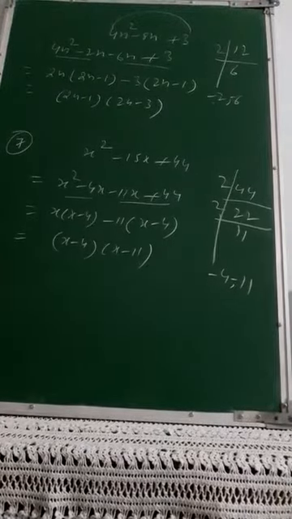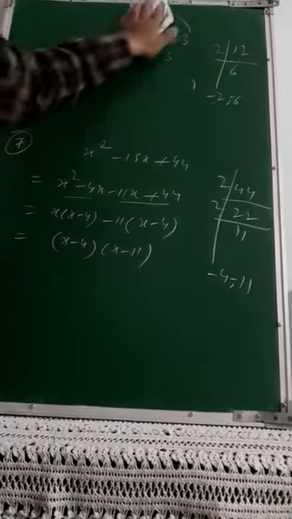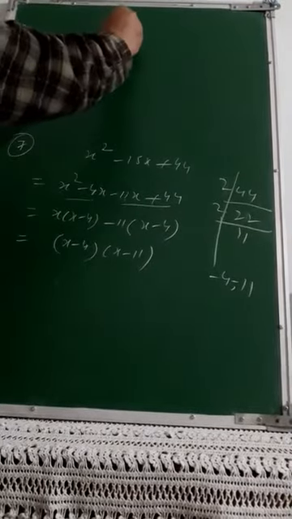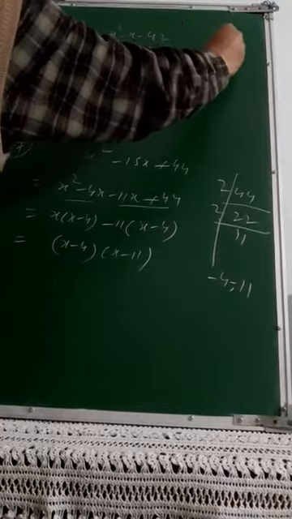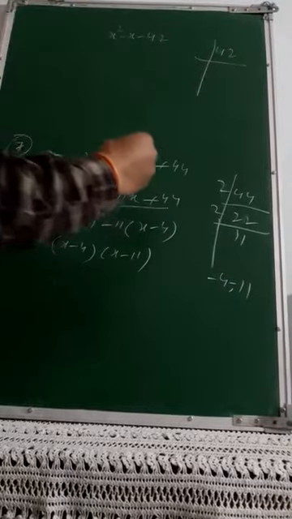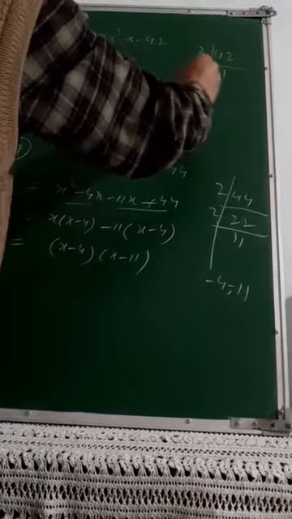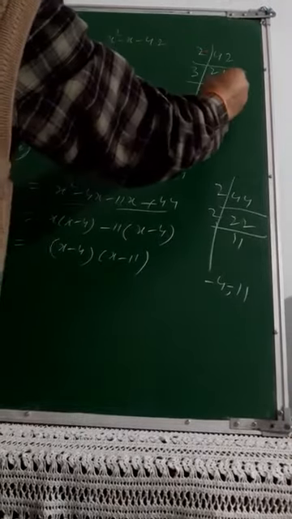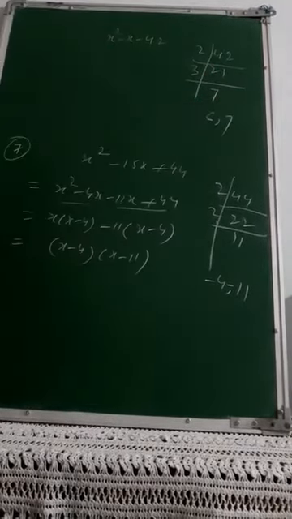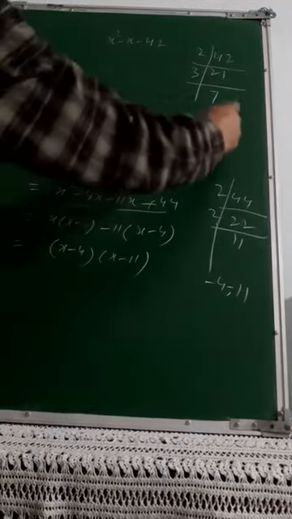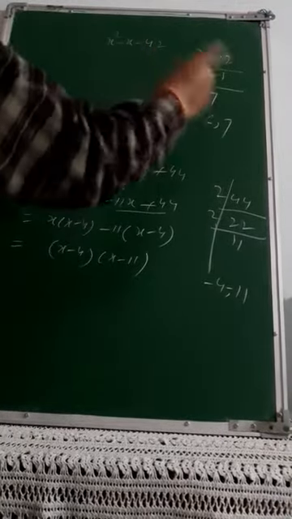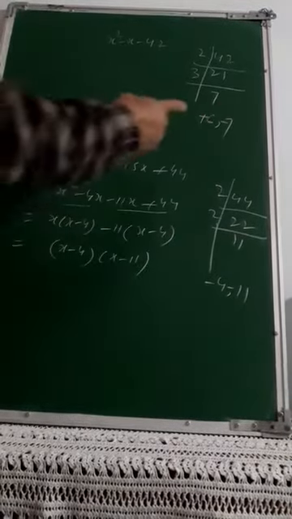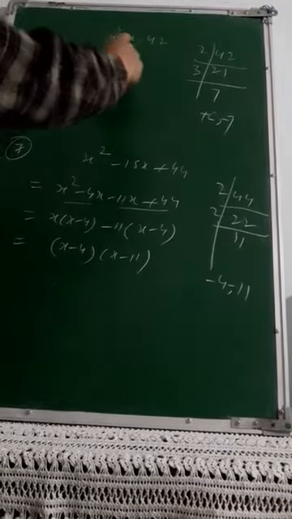Then let us go to number 8. Number 8 was x square minus x minus 42. So as soon as we start with 42, what happens here? 2 21s are 42, and 2 and 21 will make it 19, no need. Then again it is 3 14s, then 6 7s are 42. Next pair I am getting is 6 and 7, and you see 6 into 7 is 42. I need 42, but with minus sign my middle term is negative, so negative and plus, because 7 and 6 difference will be equal to 1, and that is with minus sign.